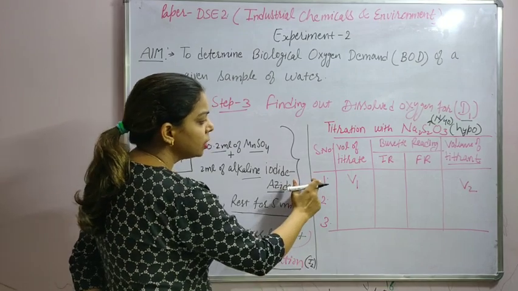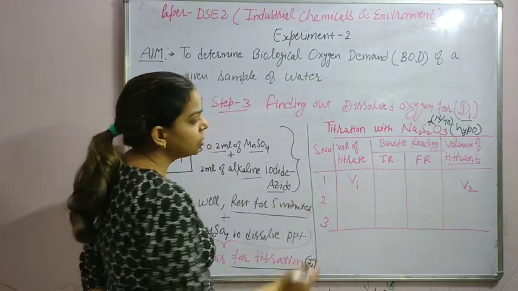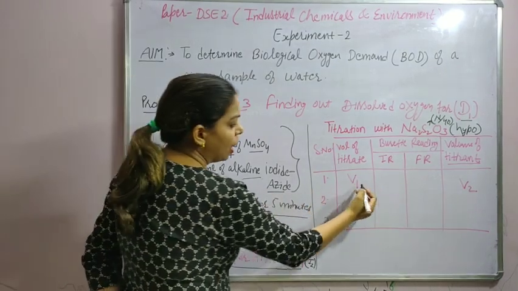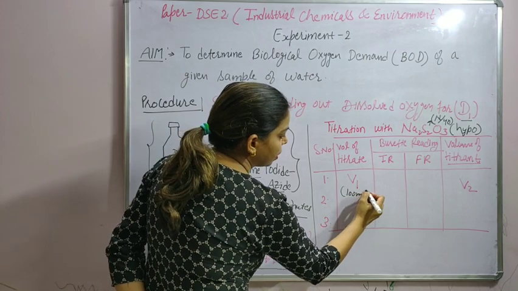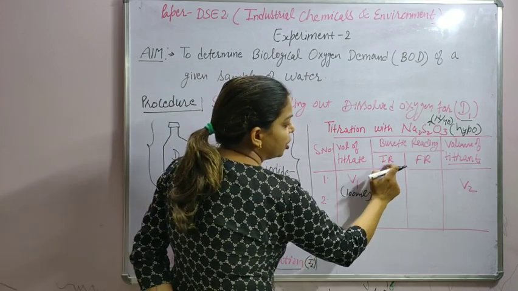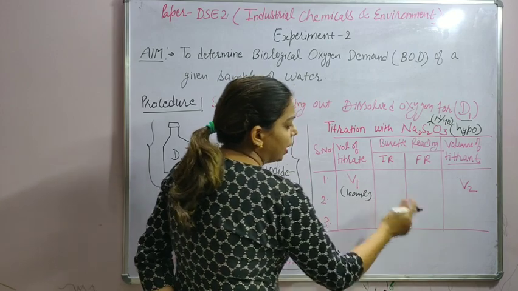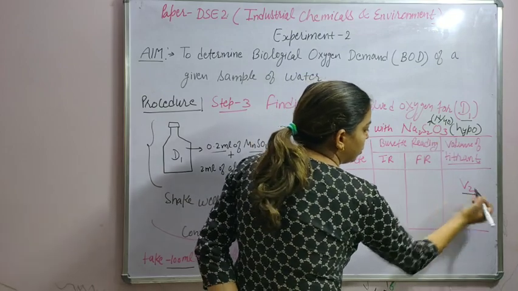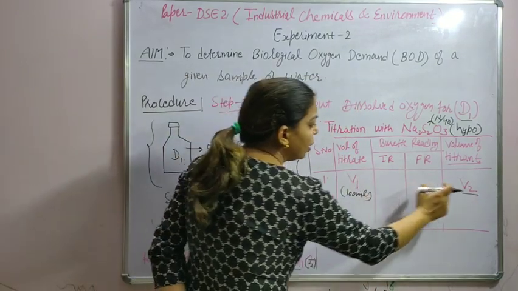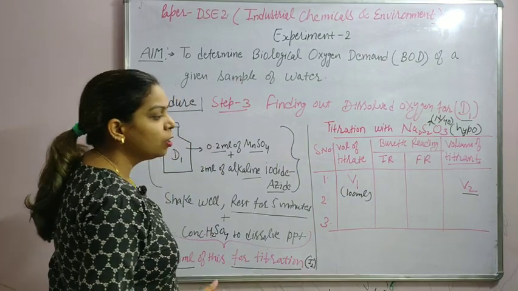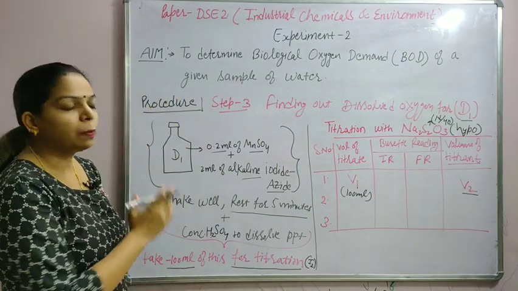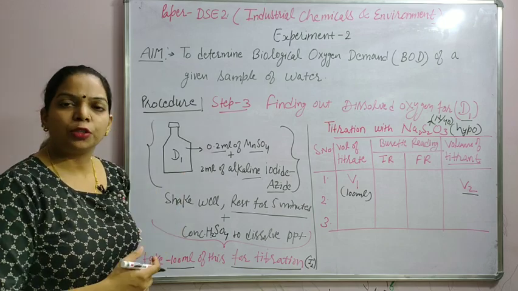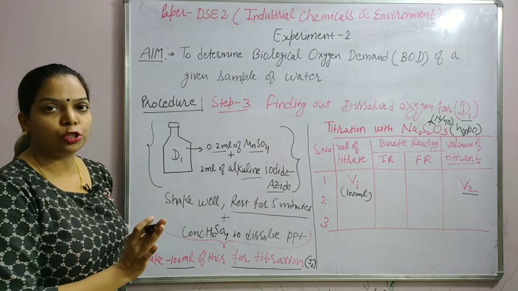In a similar manner, find out 3 concordant readings for this. This is the volume of titrate. Titrate means the solution which has iodine. You have taken 100 ml. And for the burette, you will note down the initial reading and final reading, and the difference will give you the volume of titrant, which is hypo solution, V2. So you will get V1 and V2. You can apply the normalization condition to find out the amount of iodine in terms of normality, because we have taken a normal solution for hypo solution also.